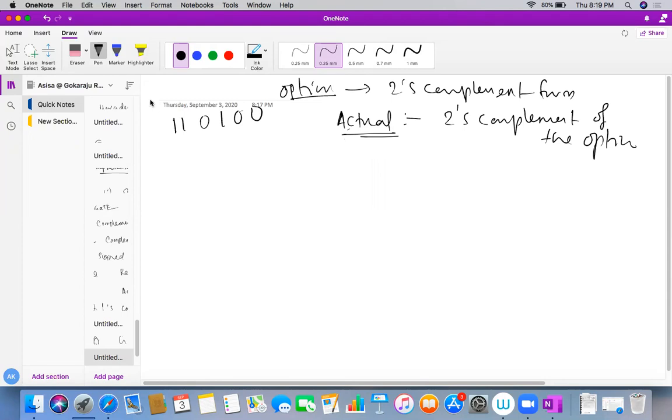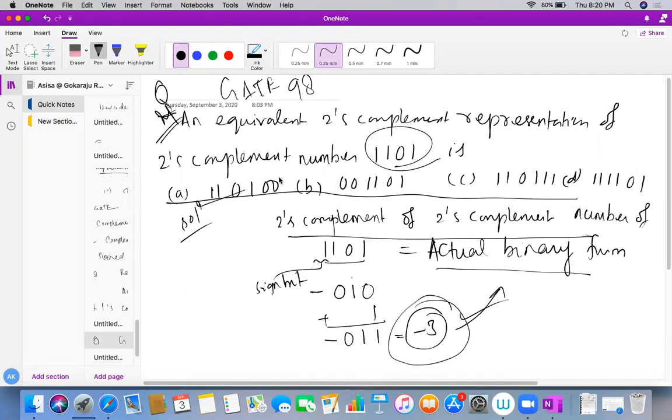So see here, what I'm saying, 110100. The first bit is anyhow the sign bit, just keep it as it is, minus. Remaining bits, what you need to do is find the 2s complement. First you find the 1s complement, next add 1 to it, which is 110, carry 1, 110, and minus. Okay, so is it -3, students? No, this is not -3. So option A is not satisfying.